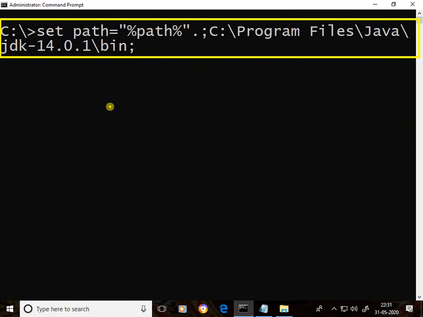Okay, this is the path setting at the command prompt. Now this path setting, on Windows 7, Windows 8 or Windows 10, on any operating system, at the command prompt is the same. It can be a 32-bit operating system or a 64-bit operating system. At the command prompt, for all Windows versions, all software path setting is the same. Okay,